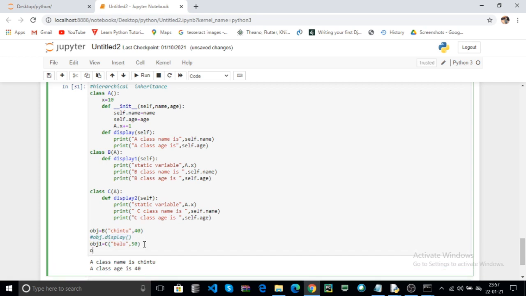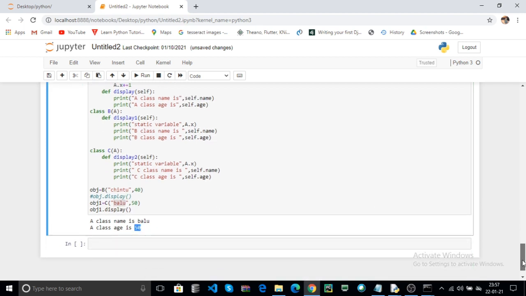Here call the A class display method using the C object. Display. Now check. Here A class name is Balu. Here the class A contains the C data, Balu, and age is 50.